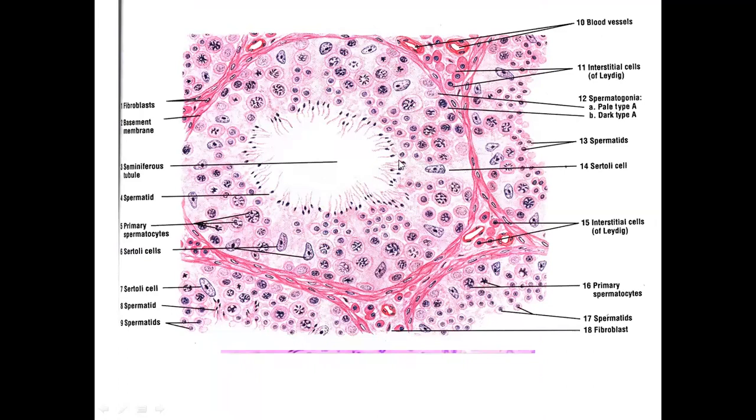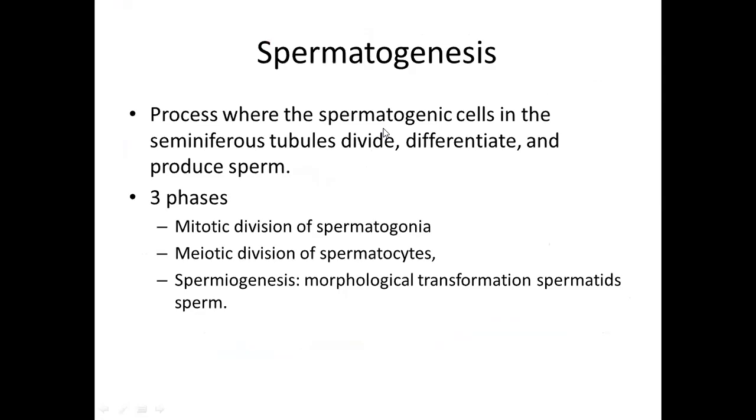This is again a micrograph taken from your book, in which a proper cross section of the seminiferous tubule is visible. So I will request you, when you see this micrograph, to consult your book for the theoretical aspect. It will be the same as what we have been discussing until now. Then this is more about spermatogenesis. I'm just going to skip this slide. This is more talking about the three main phases of spermatogenesis.